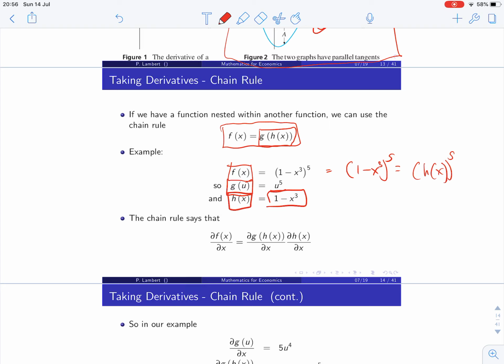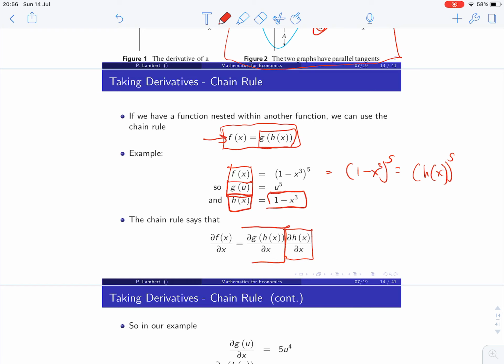The rule for these types of problems requires us to recognize that the derivative of the entire function, df/dx, equals the derivative of the function inside another function, multiplied by the derivative of the outer function evaluated at the initial function. That's all probably pretty complicated, and I know that I'm going quite quickly in this video because it's